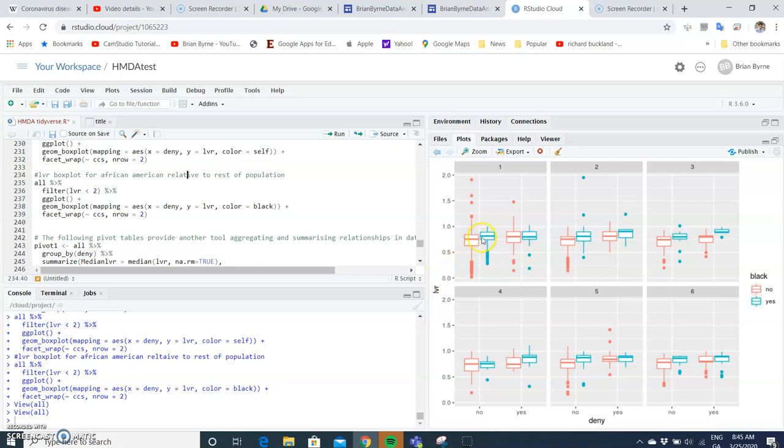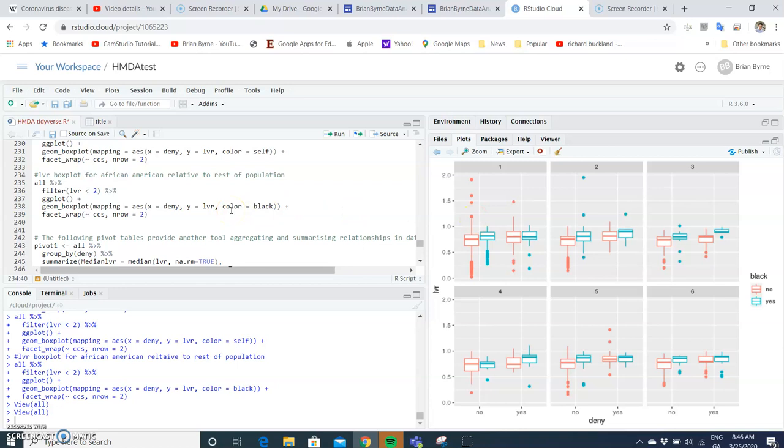LVR on loans that were accepted, keep in mind the structure we've developed in the graph. On the left hand side of each of the respective credit scores that we had set out using the facet wrap syntax from the ggplot2 package, on the left hand side here we have mortgage approved, so the no means mortgage approved in each instance. Okay, so now interestingly, when we split apart the African American population, yes, and otherwise,